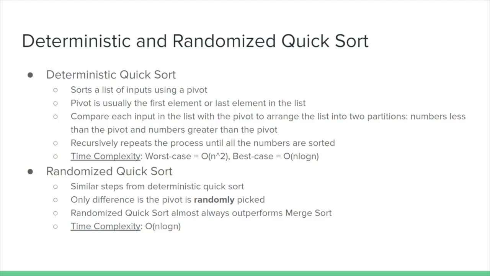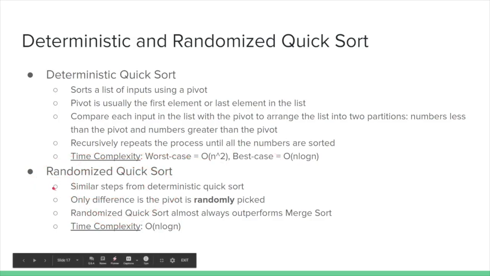Like the first or last element, we're not sure it will be the optimal pivot, since depending on the element chosen, it can take more iterations. So rather than looking for an optimal pivot, we would choose a randomly picked pivot,